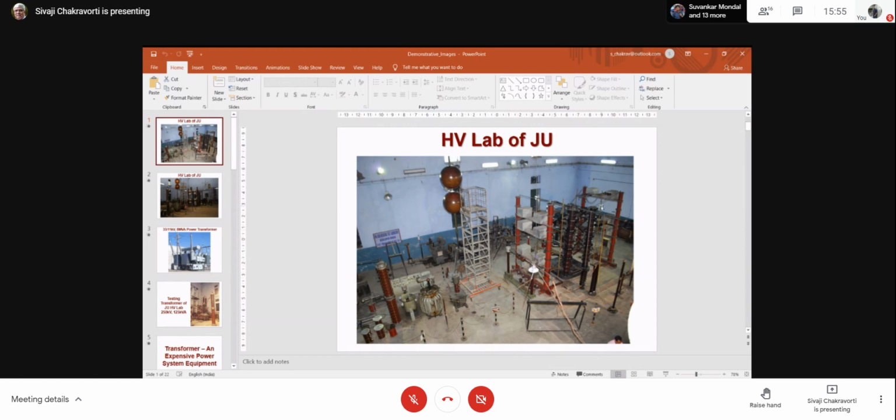So I was given the responsibility in 1985 to design this structure. You will laugh at it, but that is exactly the first assignment I got as a lecturer. Now think of my situation. I am an electrical engineer, did my bachelor's and master's, and after getting the job, I have to design this structure. And this is for my own lab, so I cannot say no. I have to do it. I can't say that you bring an expert to do this, because then I am not an engineer. So I have to design it. And in that design,